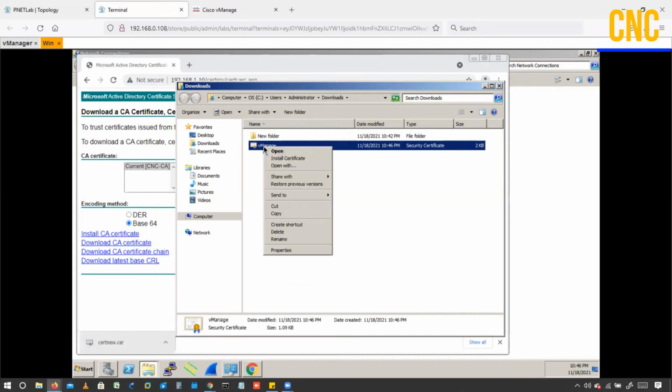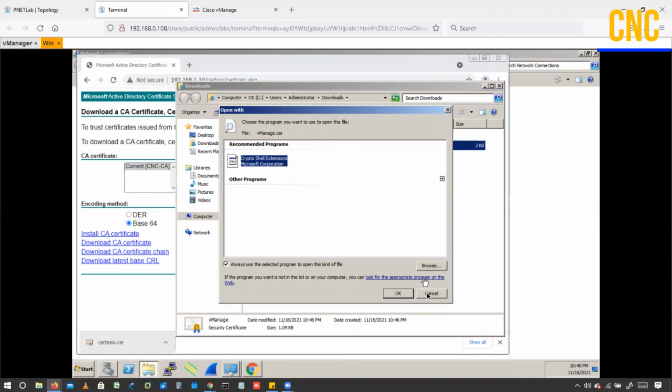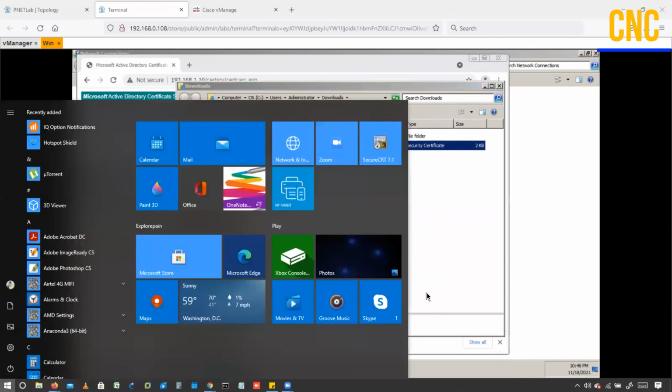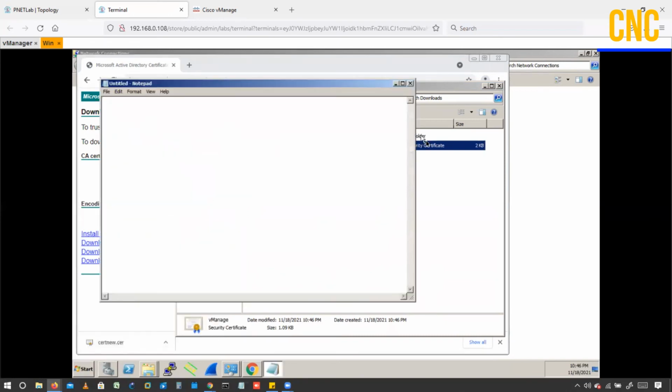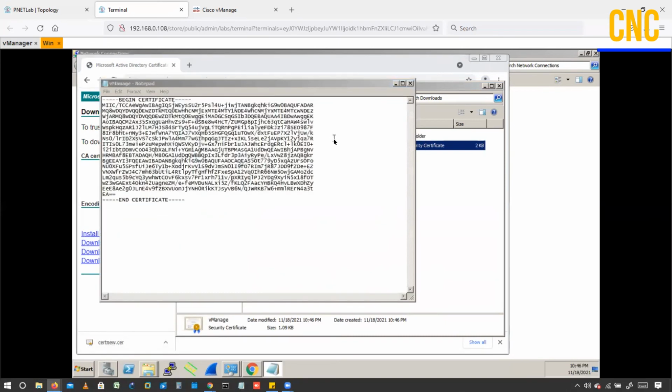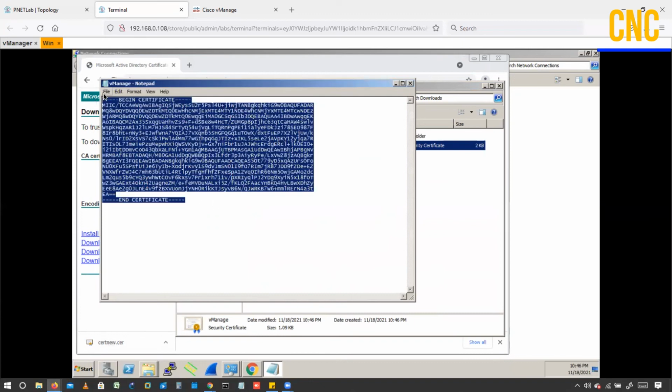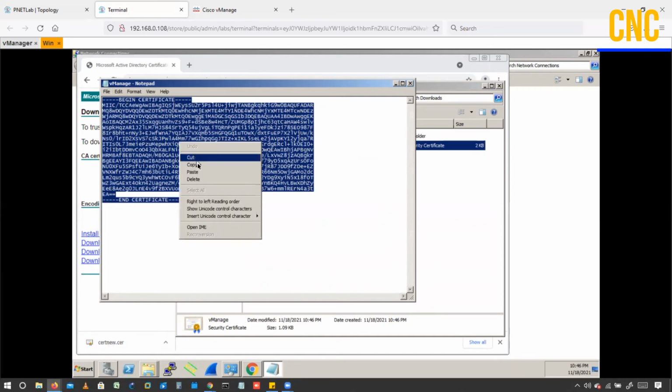So just open this one in Notepad. Now copy all, Control A, Control C. Just copy everything.